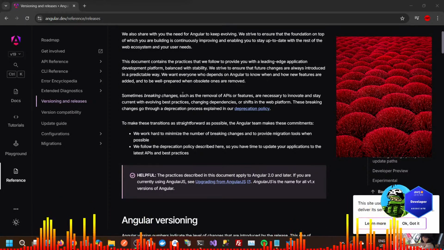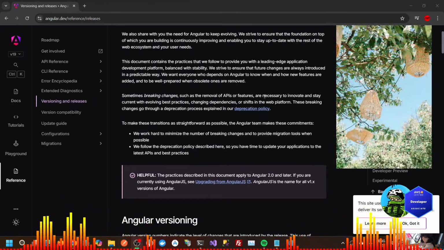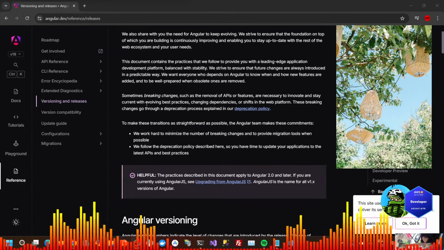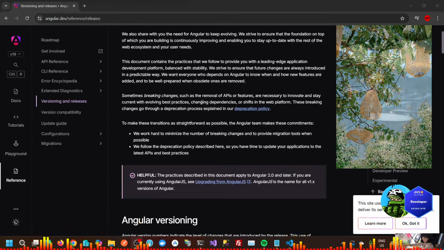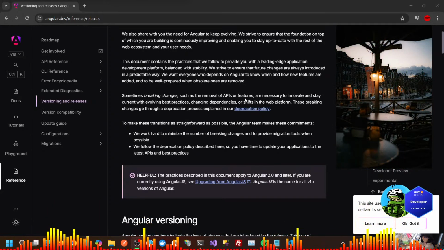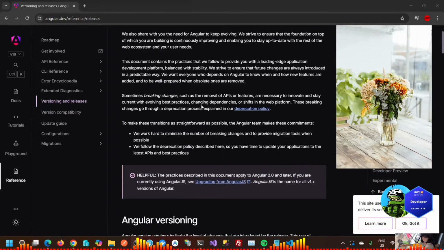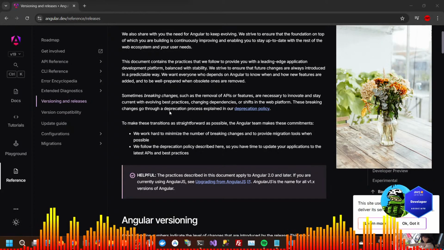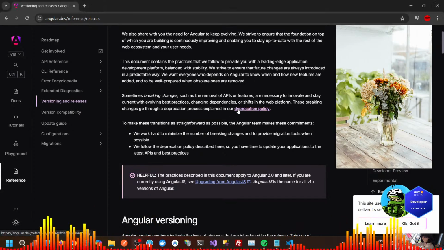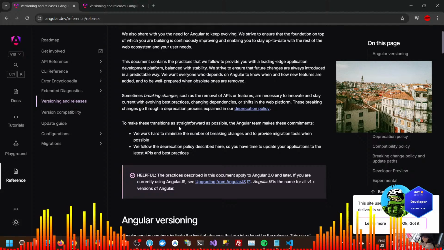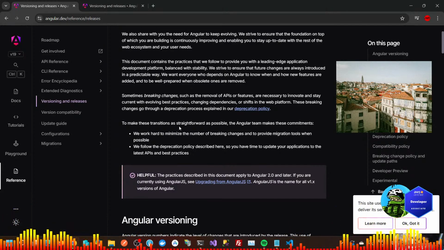Sometimes breaking changes such as the removal of APIs or features are necessary to innovate and stay current with evolving best practices, changing dependencies, or shifts in the web platform. These breaking changes go through a deprecation process explained in our deprecation policy. To make these transitions as straightforward as possible, the Angular team makes these commitments.